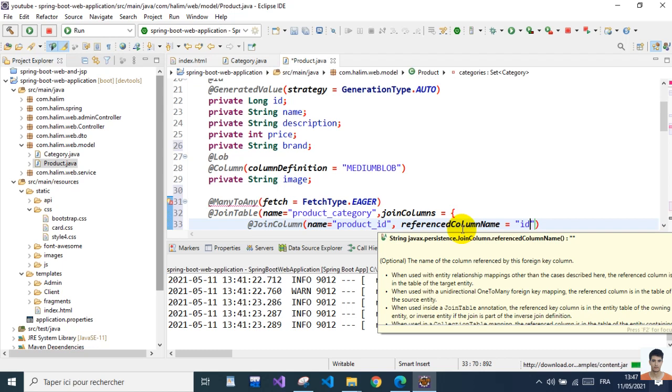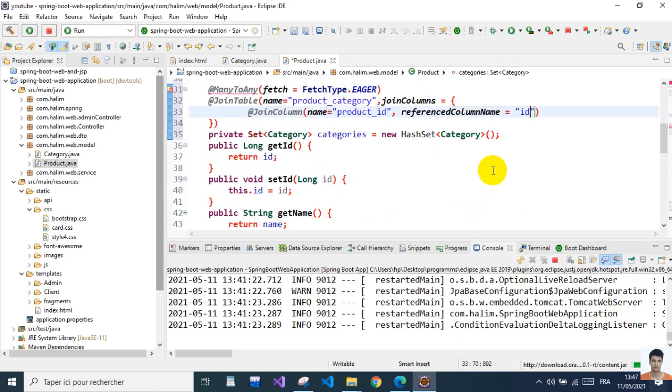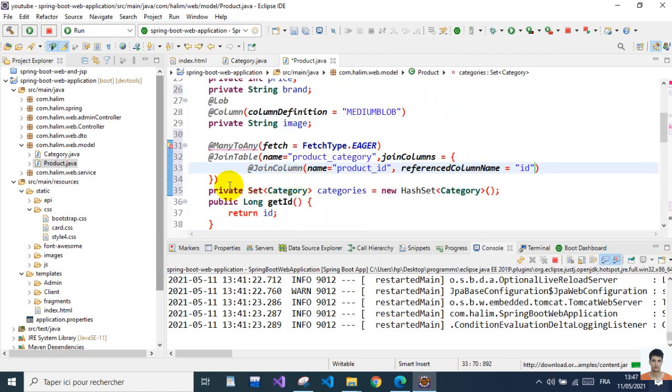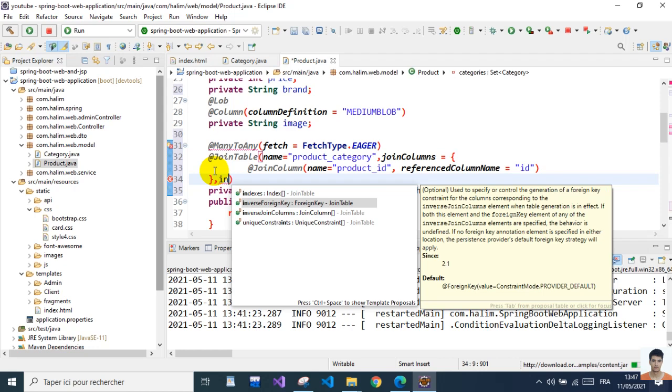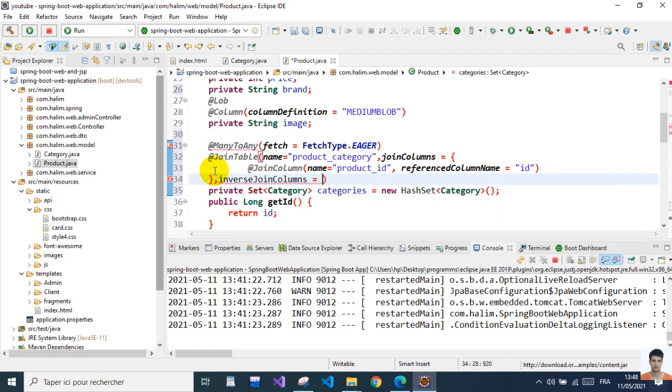and we need the other, the inverse. We need the other one, and it should be the inverse. Sorry, should be here, I guess. It should be here. So inverse join column, inverse join columns, and it's gonna be